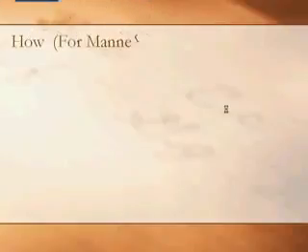Now another one is how. Do not think that H comes before W in this: how, HOW, how. You may be thinking that for a WH word, first of all we must have W, then we should have H, and then something else. No, it's not like that. You can see the presence of W and H, so it's also a WH word. How is for manner, which means in what way, what was the manner of doing something.